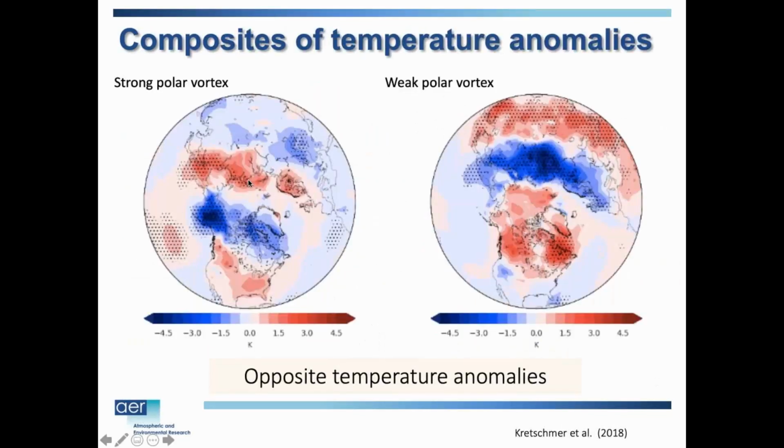And looking at the temperatures associated with these different clusters, here's the strongest polar vortex cluster, and here's the weakest. You can see the anomalies are really focused in Eurasia. When you have a strong vortex, you tend to have warmer temperatures across northern Eurasia. You also have warmer temperatures in the eastern U.S. And when you have a weak vortex, you have cold temperatures across northern Eurasia. You have warm temperatures, let's say, in the North American Arctic, and some slight cooling in the eastern U.S., but not a robust signal. The really robust cooling is across northern Eurasia.